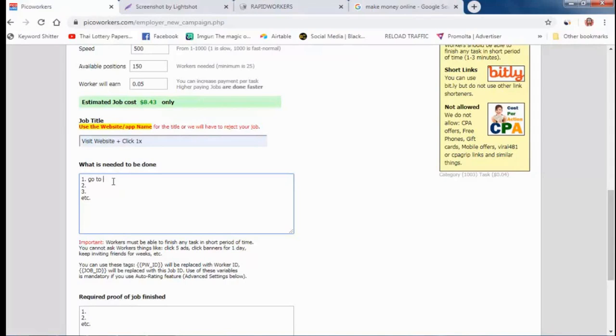Okay. So copy this screenshot and write the campaign like this. Go to Google and search make money online without quotes. Okay, this is your first line. Go to Google and search make money online like this, without quotes.